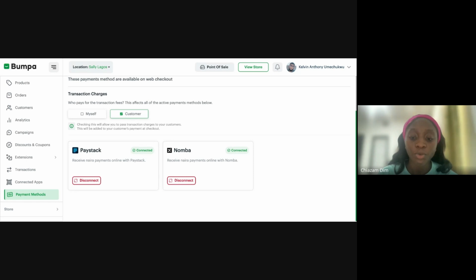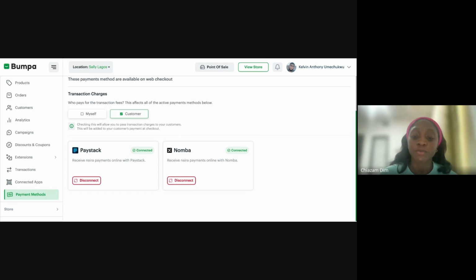Okay, so for example, I add this to cart. These green earrings. And I proceed to checkout. Yeah. So now that I'm on checkout, if I scroll down, I can see there's Paystack, there's Number,